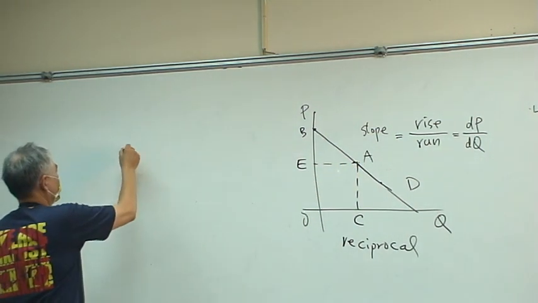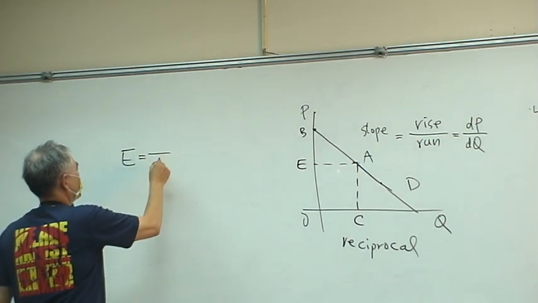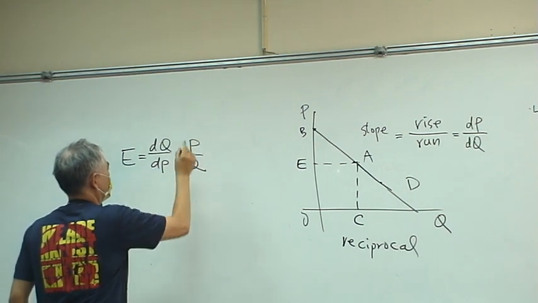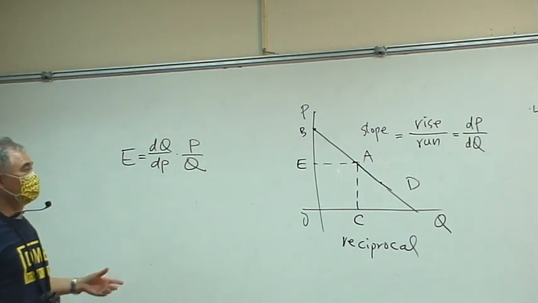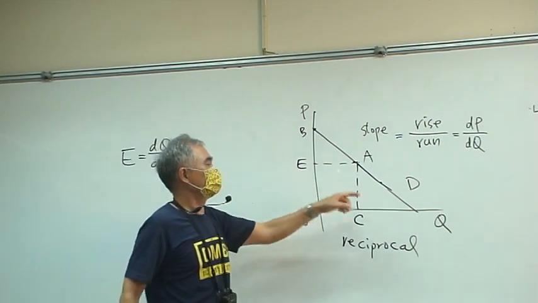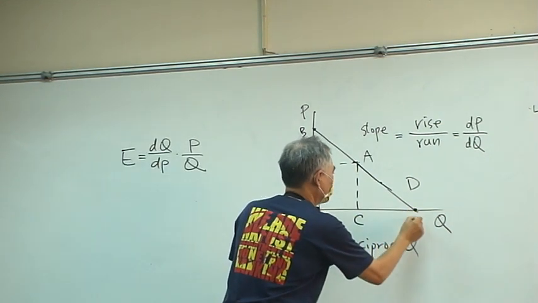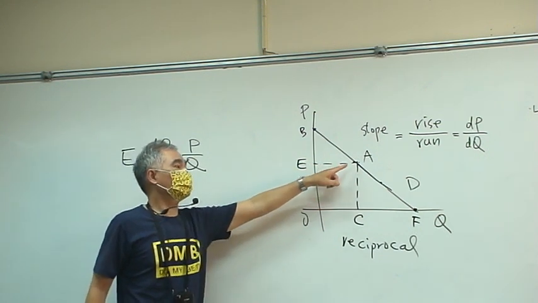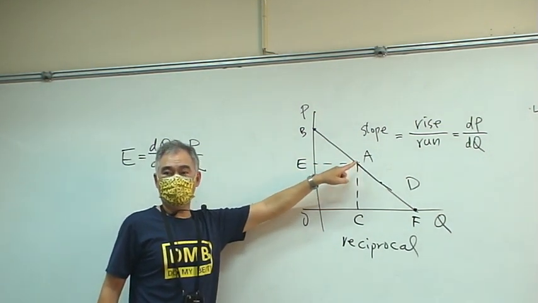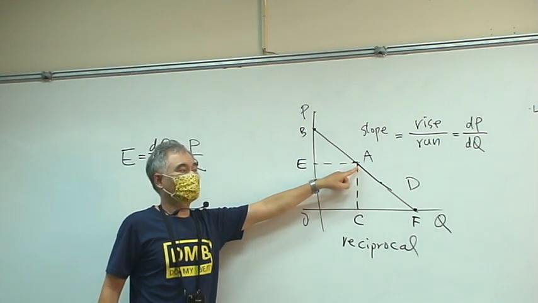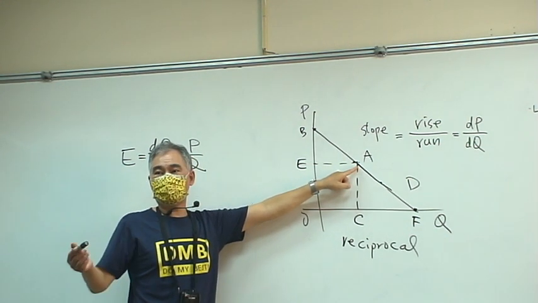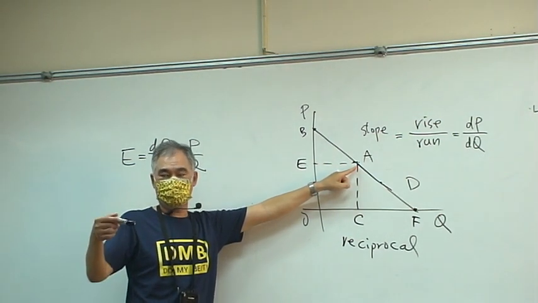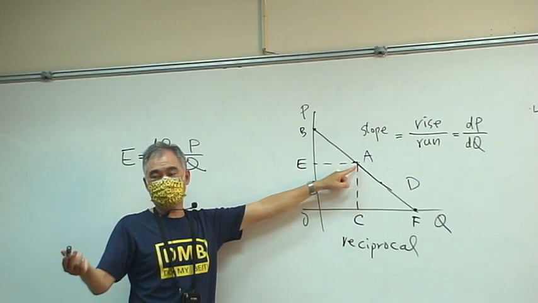So what's the formula? Elasticity is equal to dq over dp times p over q. We want to know the elasticity at point A, but we don't have a demand function. Suppose we have a demand function, we can get it with differentiation, but then